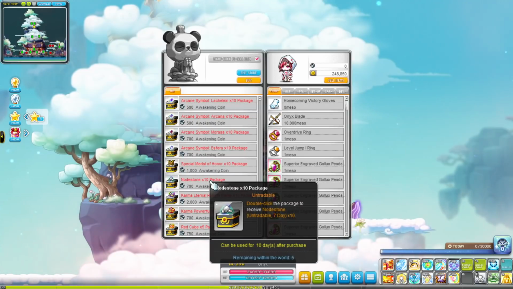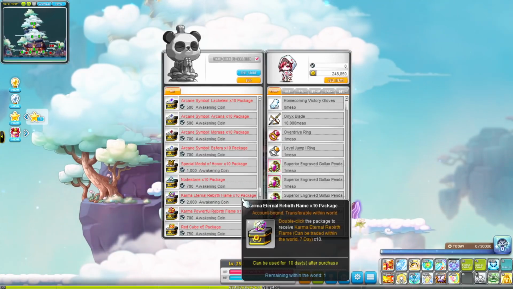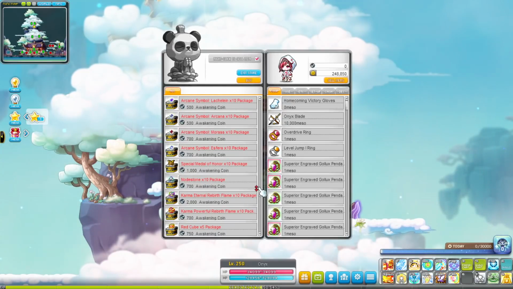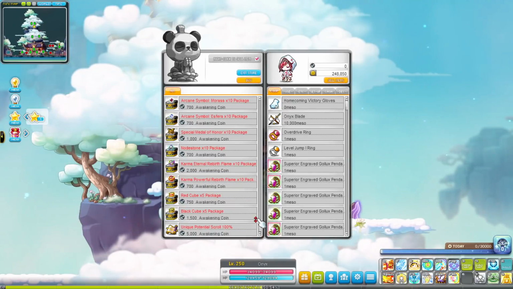But again, for newer players and returning players, I highly recommend just picking up any kind of node stones that you see. Make sure you pick up the node stones. And then I would also prioritize some rebirth flames as well, depending on your level of progression. The 100% unique potential scroll is 100% guaranteed and extremely worth it, in my opinion, especially if you're in non-reboot, where you don't always have access to be able to cube